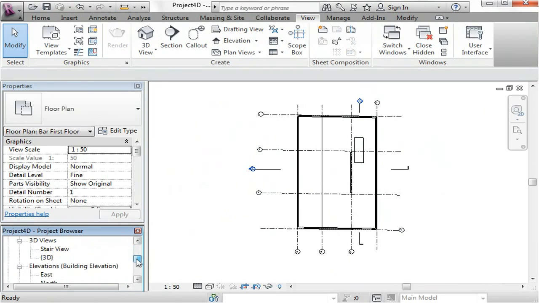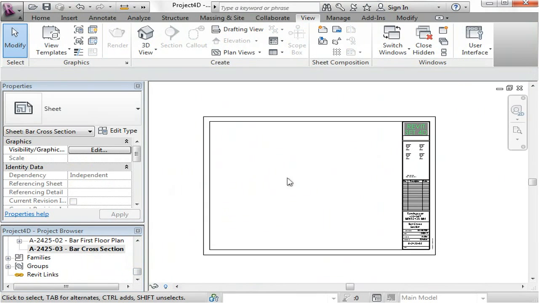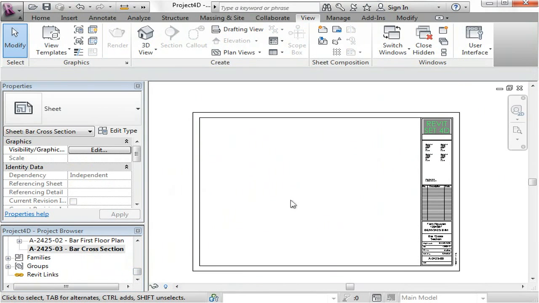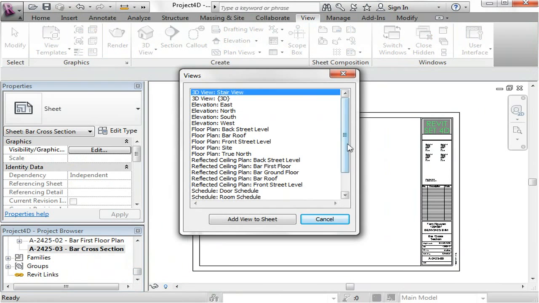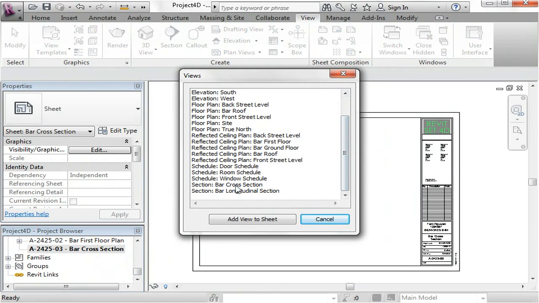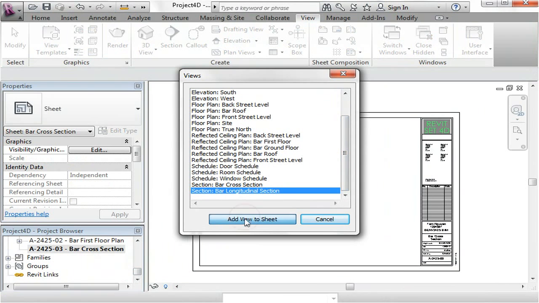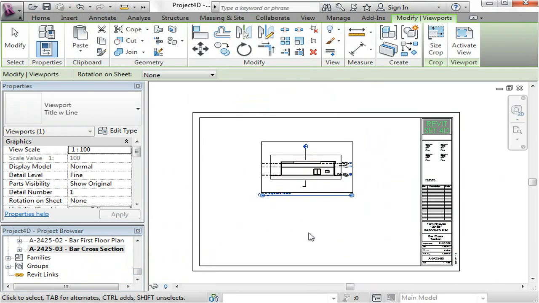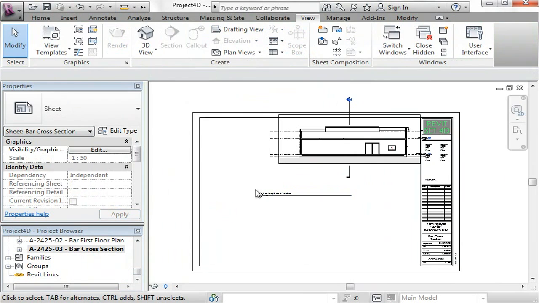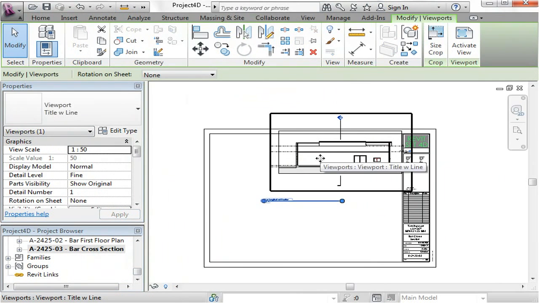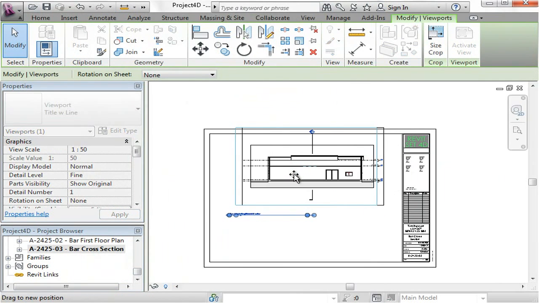I'm just going to quickly do a section and we'll end there, because you should have enough to create the rest of your sheets. So here's my section sheet, and I can just go in and add that view. Let's choose my longitudinal section, add view. Here's my longitudinal section. I'm just going to change the scale straight away so it's a lot larger. Move it into place,